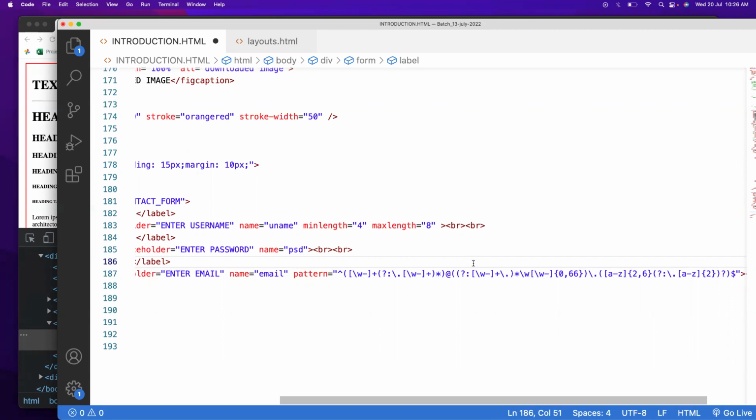If you take manojkumar@lenovo.com, text is there, at the rate is there, middle text, dot, and after the dot, text is there. Got it? So in the same way, now if you see,